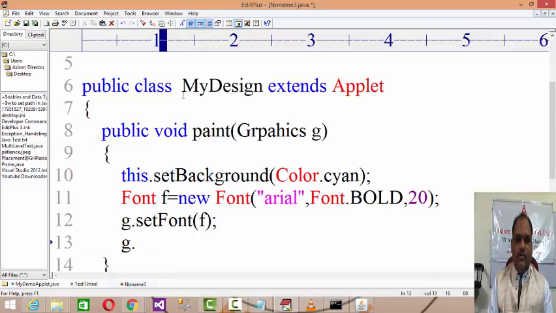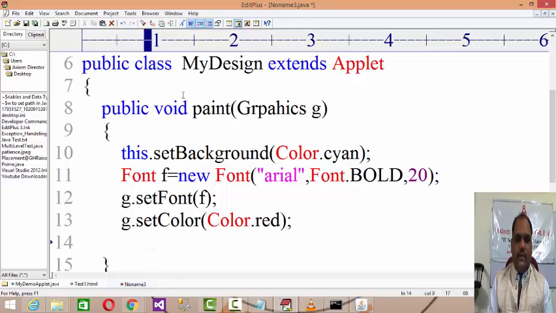Then you want to set the color, so you go with g.setColor(Color.whatever color you specify), and after that, g.fillOval. Fill oval will draw a circle with a specific color.